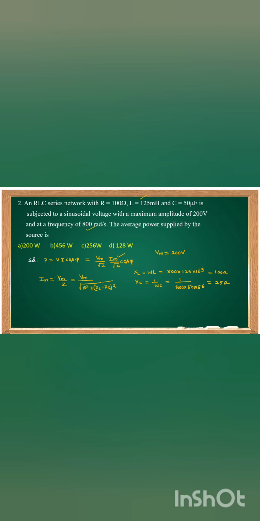Then you have to find the R value. Is R given? Yes, R is given. No need to calculate. R equals 100 ohms. Now substitute all the values. Then Im equals Vm by Z. Vm is the maximum amplitude, now 200. 200 by